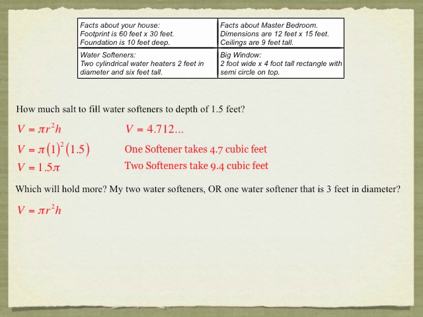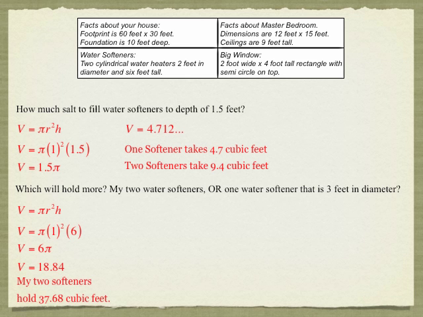Well, let's look at our formula. Again, it's pi r squared h. This time I'm looking for just how much they will hold. I'm not worried about filling them to a depth of 1.5. I want to fill them all the way up. So for 1 water softener, I'd put in 1 for my radius and 6 for my height. So I'd get 6 pi, which is 18.84. So my 2 water softeners, if I filled them all the way to the very top, would hold 37.68 cubic